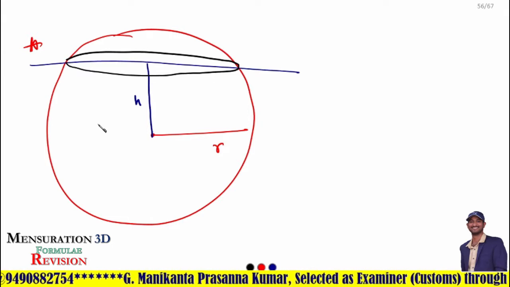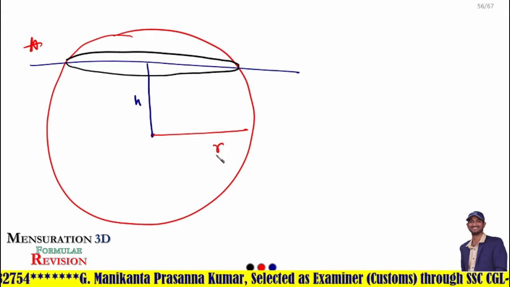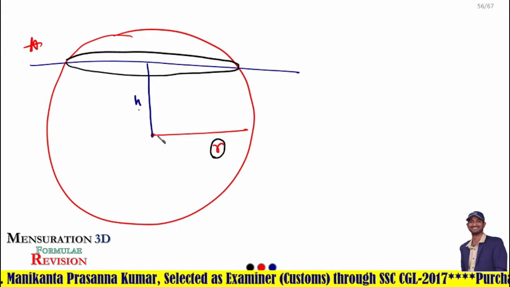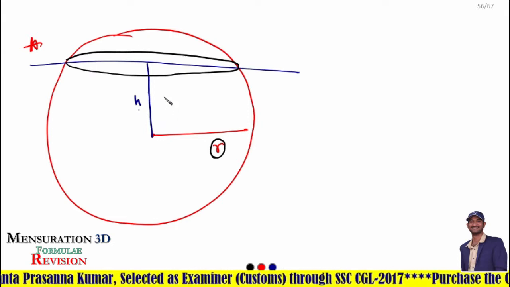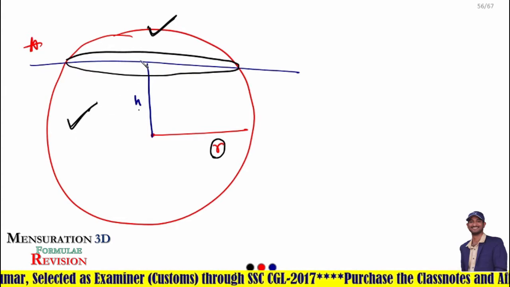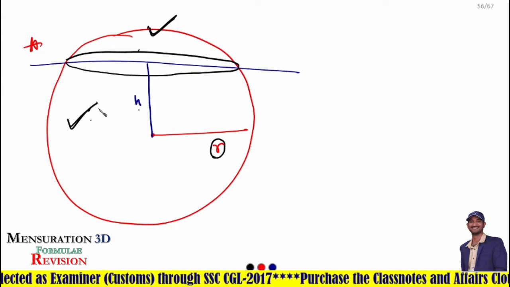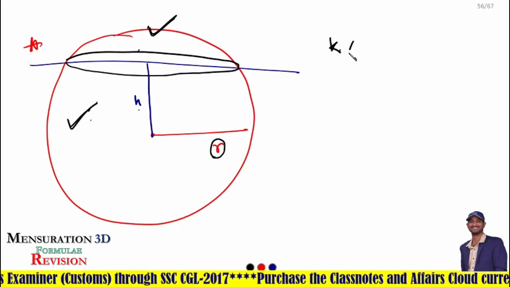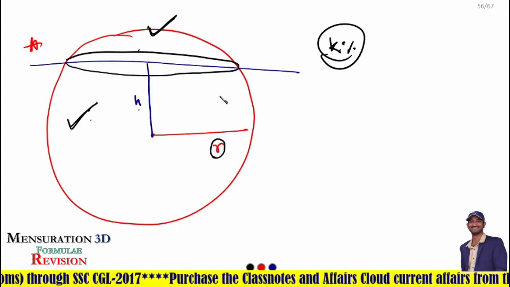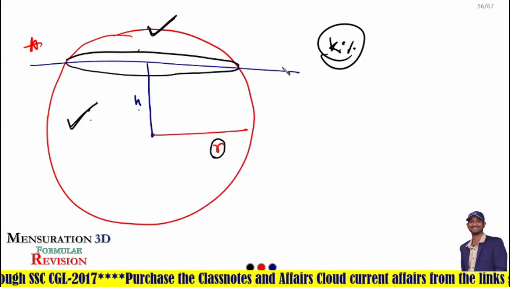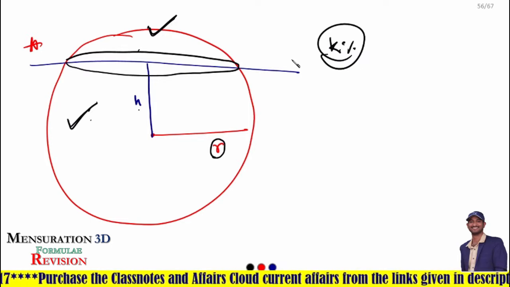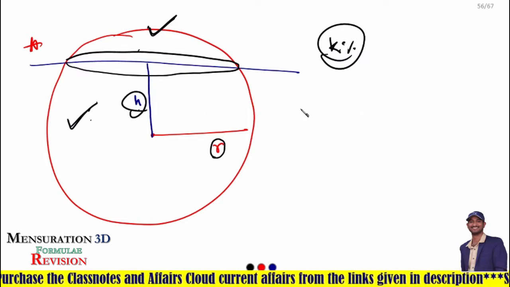Okay, if a sphere of radius r is cut at a height of h units from the center, so that the cumulative areas of these two pieces is k% more than that of the given sphere. Because of this cutting, you will get extra total surface area. How much? k% more than the given sphere. Then what about the height h?